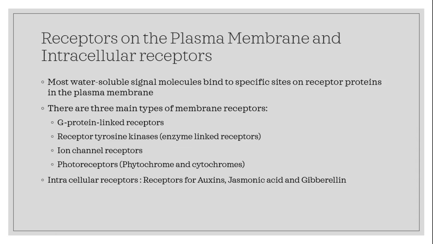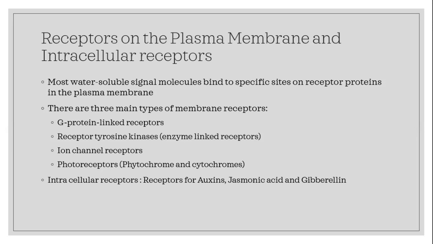What are the three main types of membrane receptors? These membrane receptors are G protein linked receptors, receptors which are tyrosine kinase or enzyme linked receptors. Third is ion channel linked receptors, and the fourth receptor that I have mentioned here is the photoreceptor that is present in the cell. The other type of receptors, that is intracellular receptors, these are receptors for auxins, jasmonic acid, gibberellin,